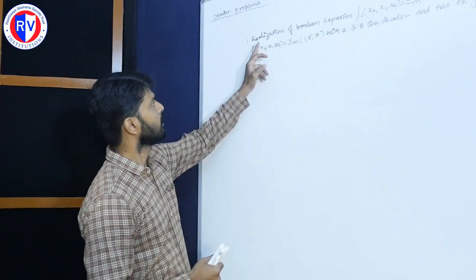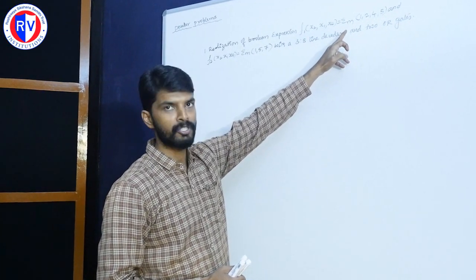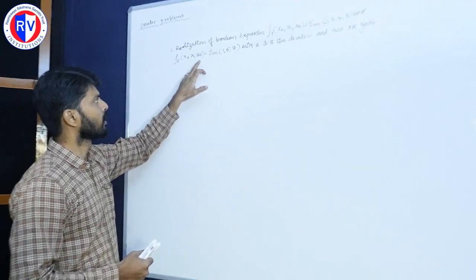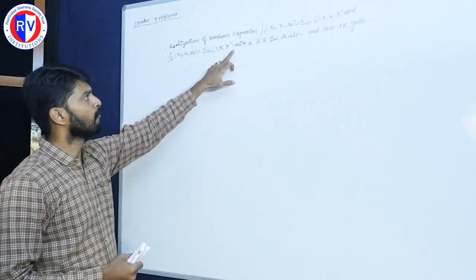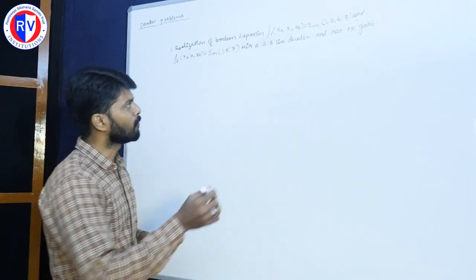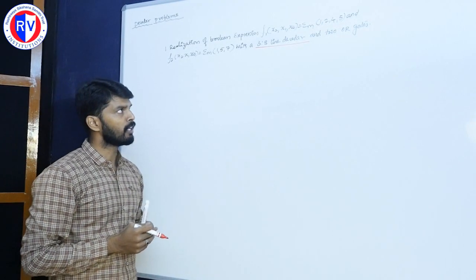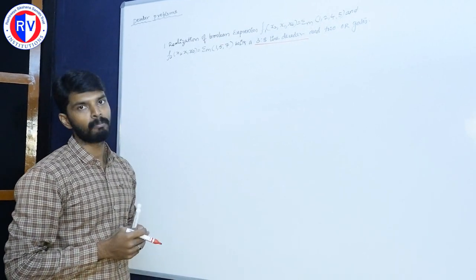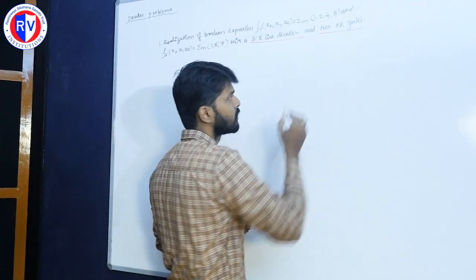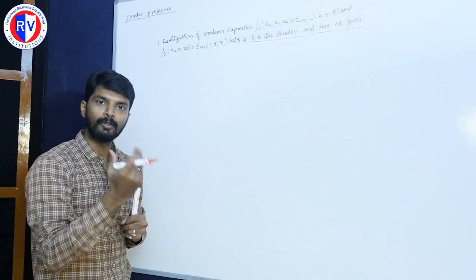So here is the problem. The realization of the Boolean expression f1 of x2 x1 x0, which is equal to summation m 1 2 4 5, and f2 of x2 x1 x0, which is equal to summation m 1 5 7, with a 3:8 line decoder and 2 OR gates. In this problem they only specify what kind of decoder we need, that is the 3 input and 8 output line decoder, and which gate we need to select, the OR gate. Now we need to decide whether to use an active high decoder